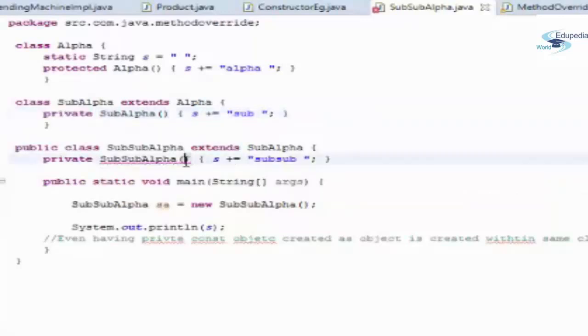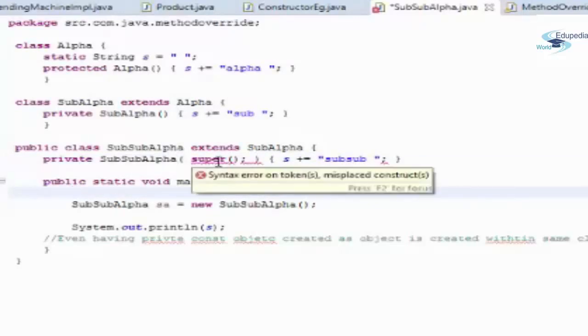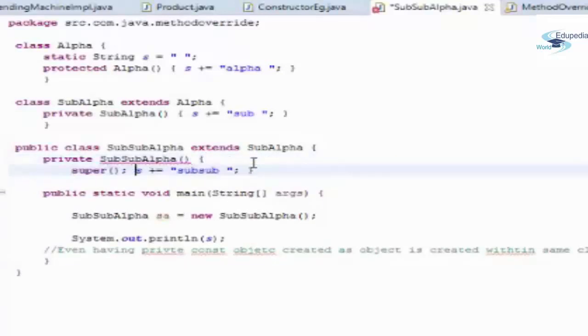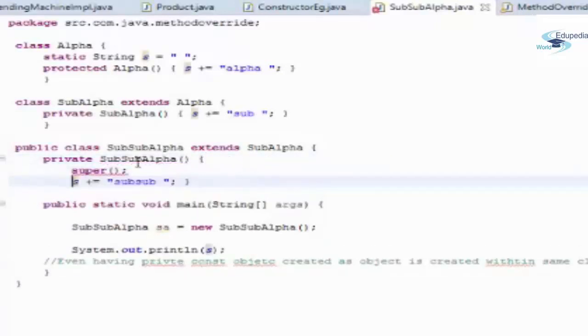So let's try doing that. Okay, can I do this? Can I explicitly try calling it? Well, again, it will give us this error because, I'm sorry, I just wrote it in the wrong place. Let me do it over here. Fine.